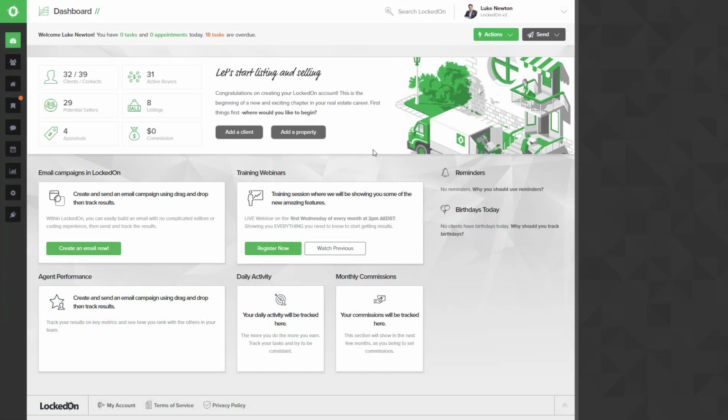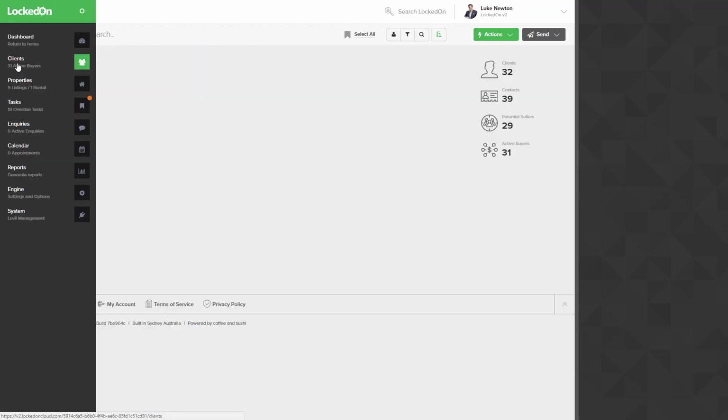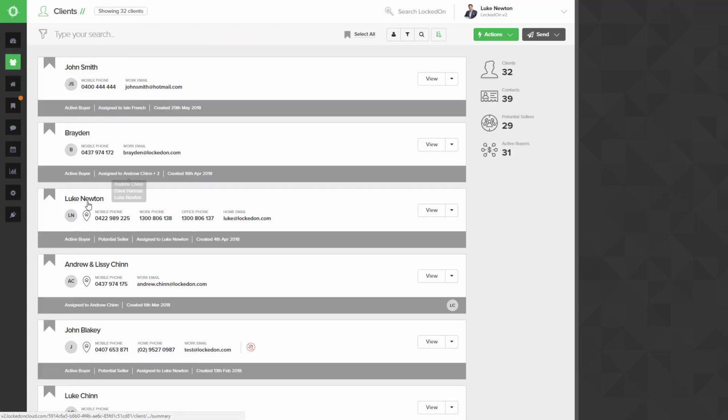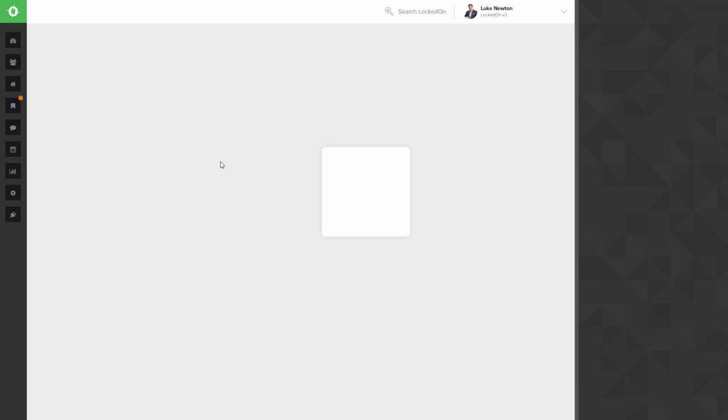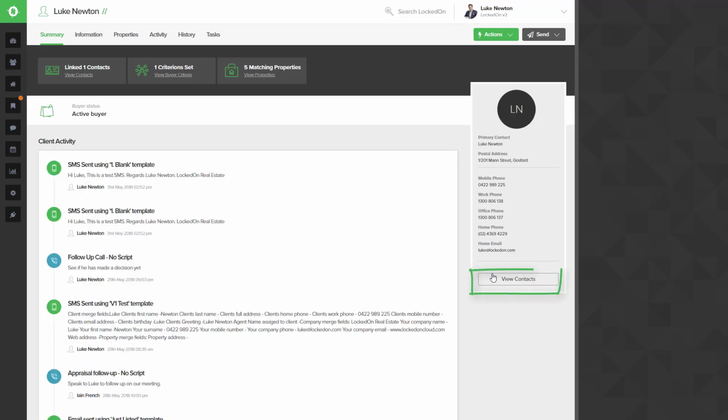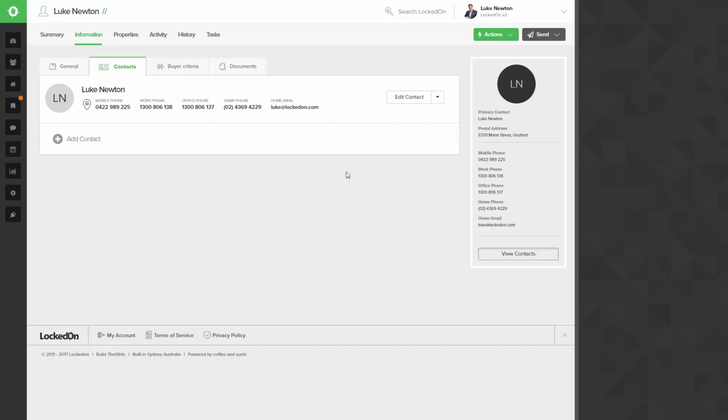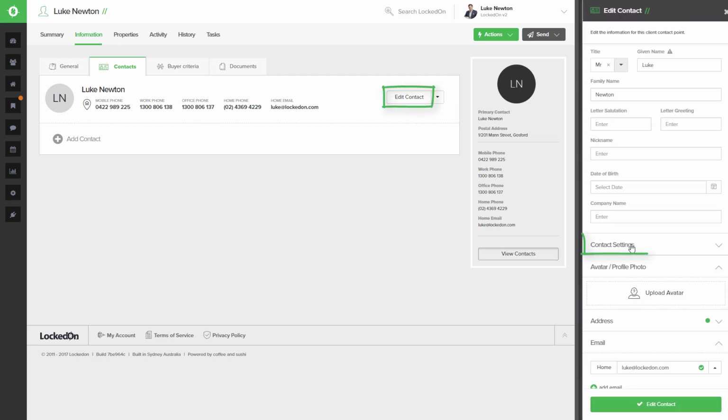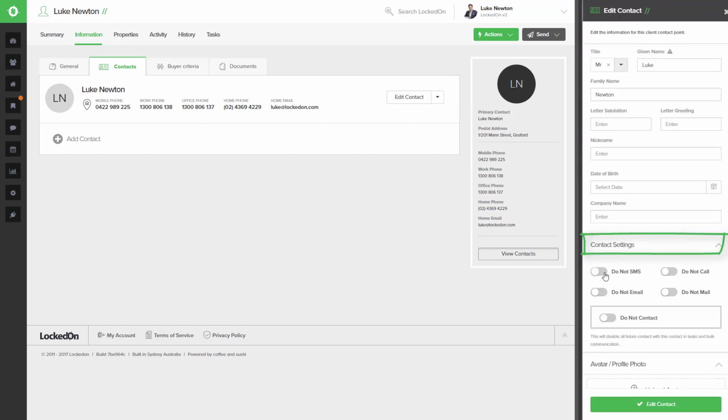To update a client as Do Not Contact, you can go into the Clients database, search for your client, open up their record and go to the View Contacts option. Now each contact will have their own Do Not Contact settings. Hit the Edit Contact option, and in the Contact Setting options you'll have the toggles to turn on if you